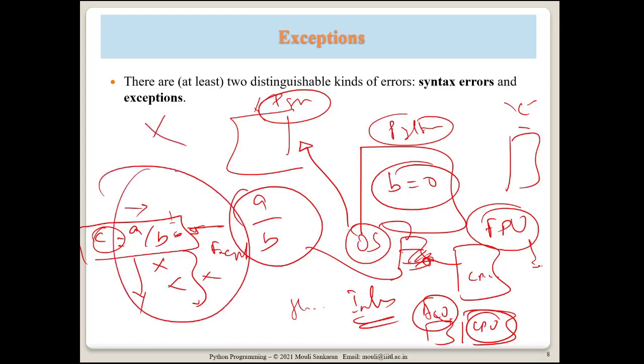The whole program will be terminated. The process will be stopped and you will be notified that an exception has happened. It will wake up from the place where it is. It may be deeper into the function call. Maybe F1 is calling F2, F2 is calling F3, and F3 is doing a division by some B, which resulted